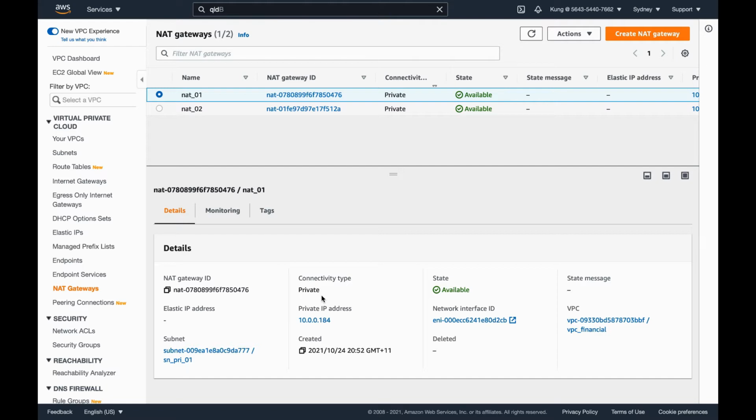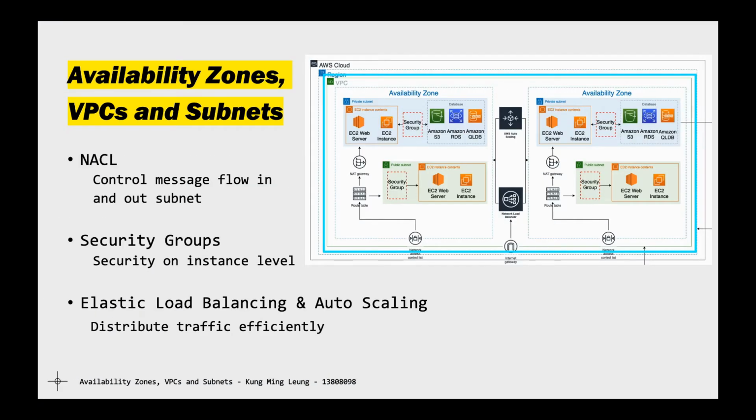Apart from these, some other services are also implemented to strengthen the system security. First, we have a network ACL. It controls the message flow in and out of the subnets. Besides, we have security groups to provide security on the instance level. Between the availability zones, we have elastic load balancing and auto-scaling groups to efficiently distribute traffic and avoid attacks such